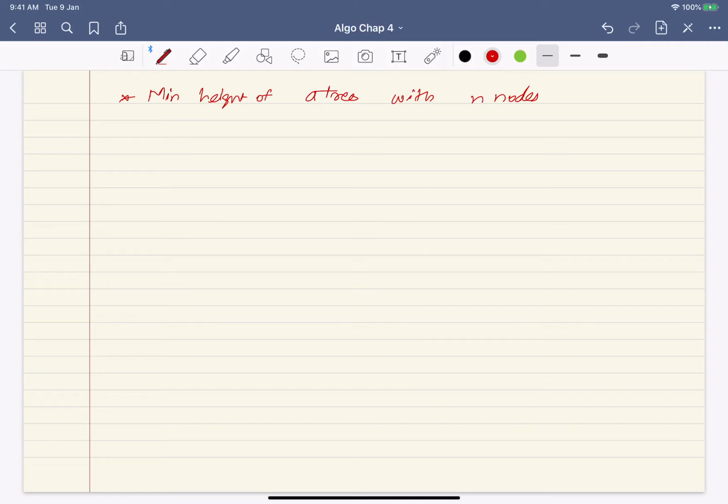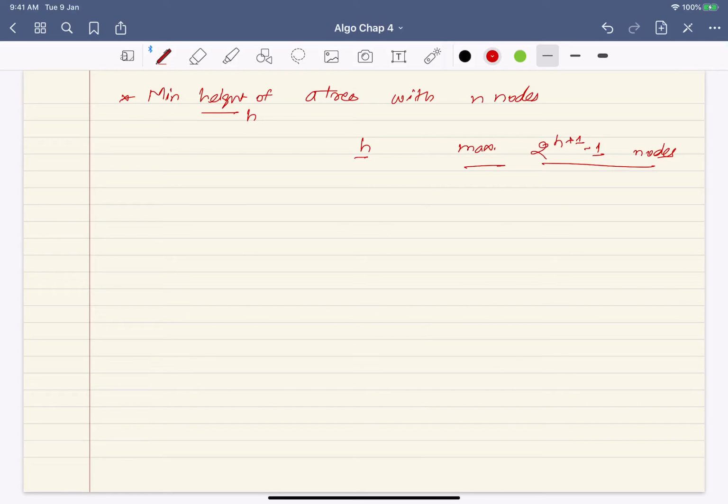So suppose the height is h. Given a height h, what is the maximum number of nodes it can have? If the height is h, that means at most 2 to the power h plus 1 minus 1 nodes.